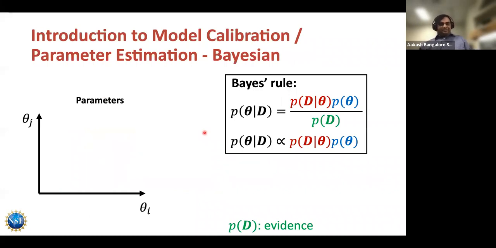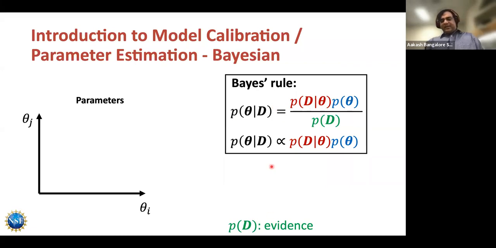But there is another approach to model calibration. It's a probabilistic approach, and that's based on Bayes rule. Bayes rule is a probability law that can be derived from the axioms of probability. So it's not a theory, but it's a mathematical fact. This is a form of Bayes rule,